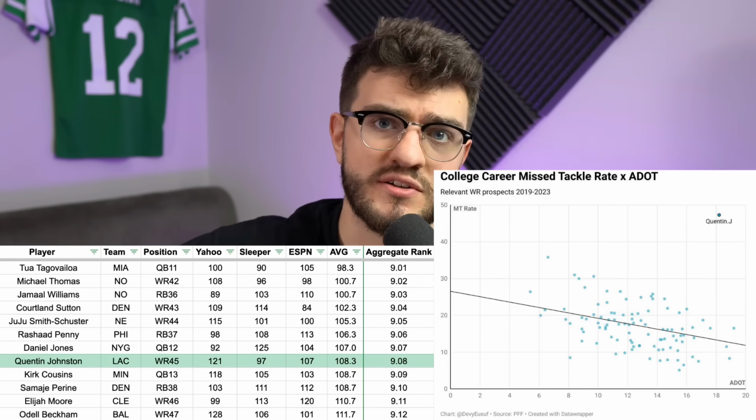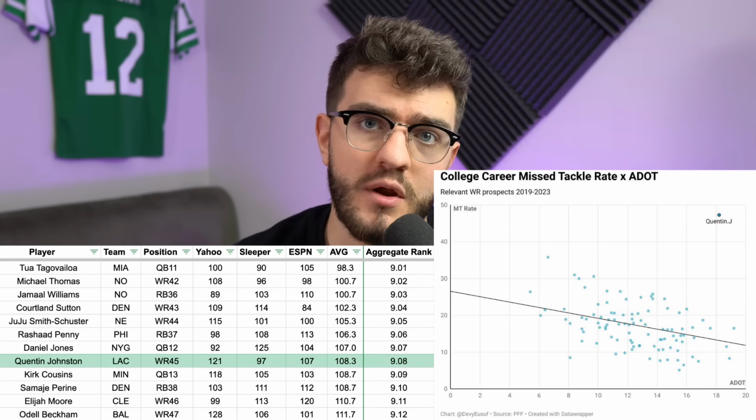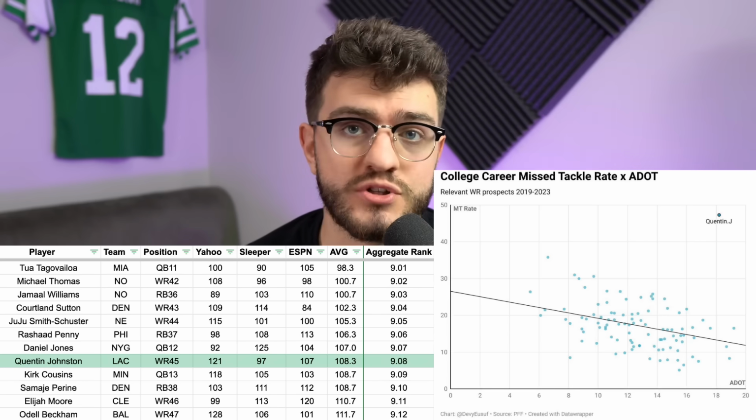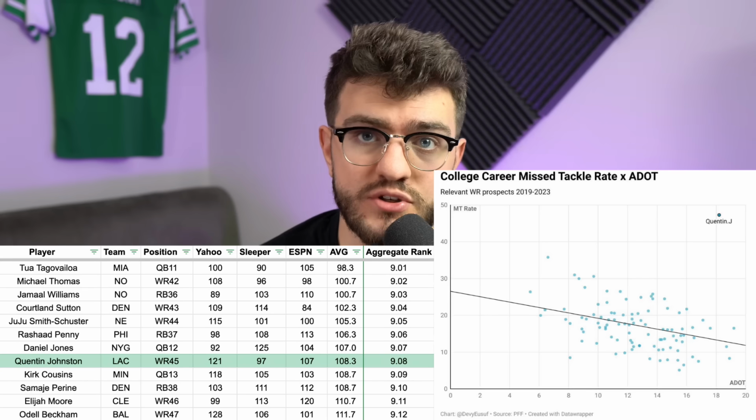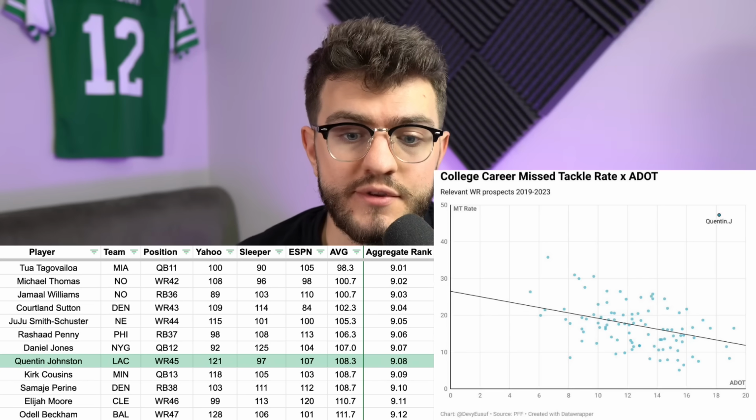And we talk about that late season skill set. He can climb up the depth chart. Mike Williams and Keenan Allen have both been injured a ton the last couple seasons here. So it wouldn't surprise me at all for somebody to get hurt, Quentin Johnston to slide in, and then be a league winner down the stretch.